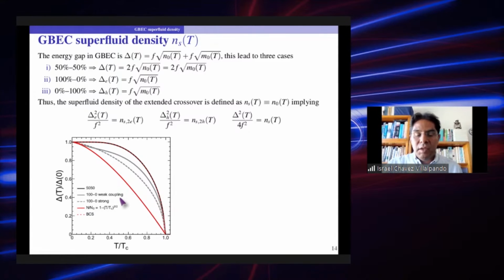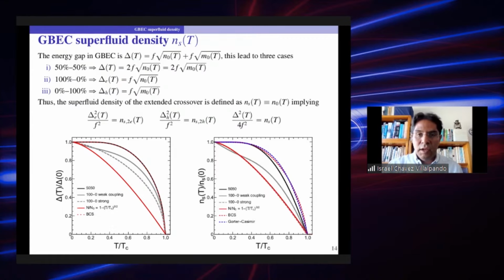The black curve is the 50-50 case and coincides precisely with BCS theory. So 50-50 proportions is related with BCS and reflects the weak coupling regime. While if one takes the 100 case, namely the two electron Cooper pairs, from the weak coupling to the strong coupling regime, changing that number density that I mentioned, the energy gap reduces with respect to the 50-50 proportions. And for comparison purposes, I plot the condensate fraction.